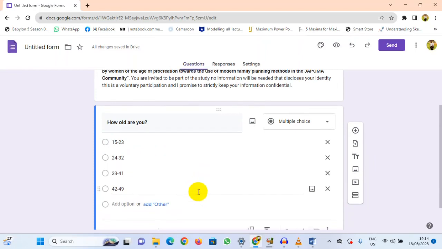How do we add a question? Now, you see at this point, we can add an image to this particular question. How do we add the next question? You come to this plus sign here. When you take your cursor to it, it tells you add question. When you take your cursor to the next, import questions. If you already have questions, you can import them. When you take it to the next, we have add title and description, add image, add video,